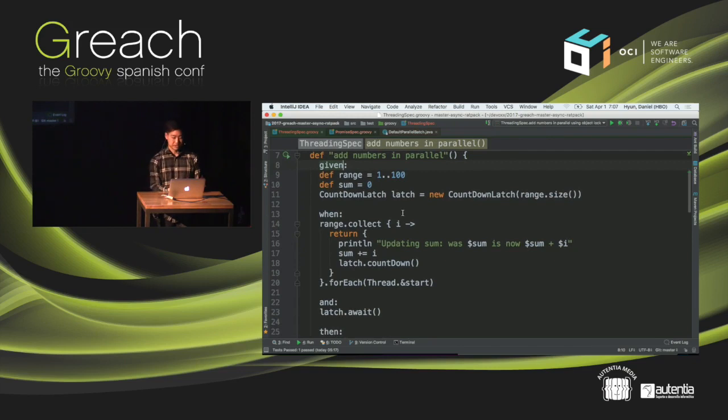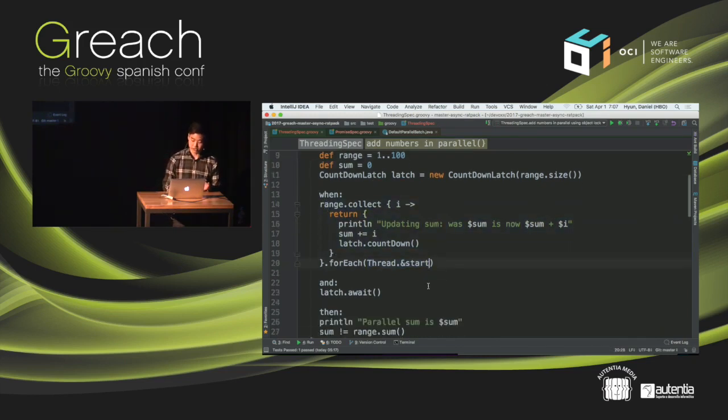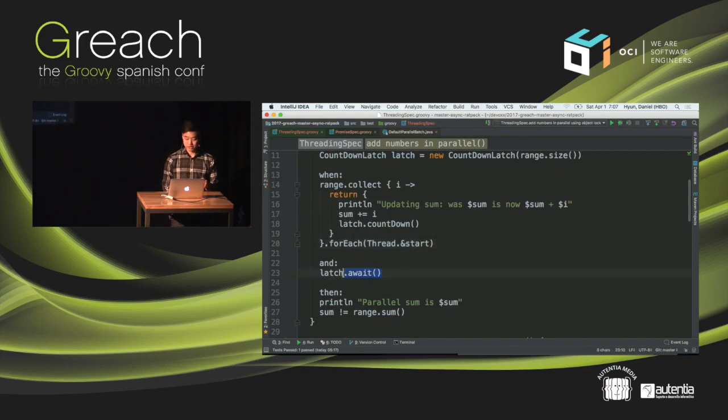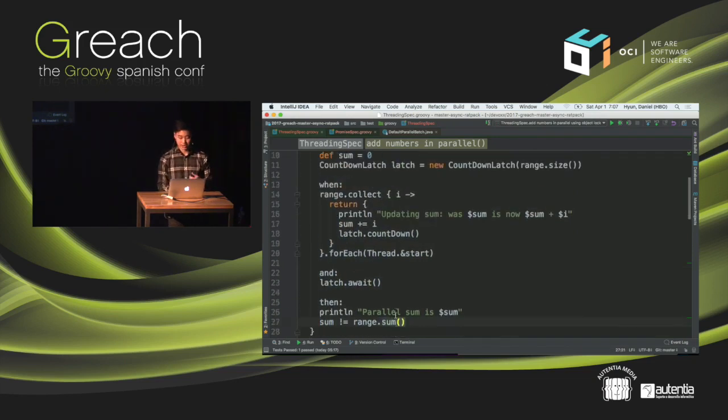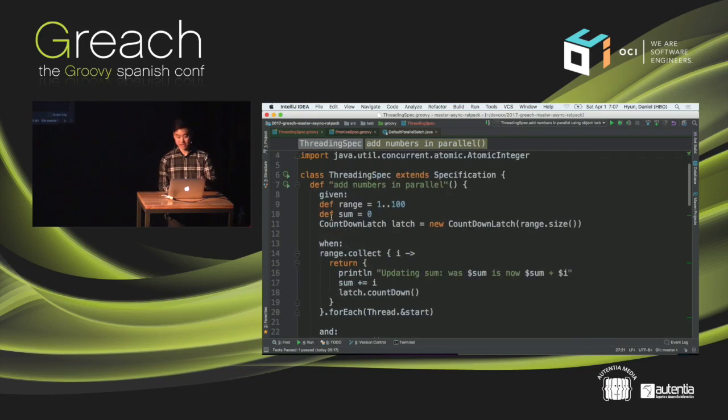A kind of asynchronous behavior. So we have a test here where we spawn n number of threads for n number of elements in a given range. We just want to sum it up in parallel, right? We have a range, we're producing these closures, and then passing the closures to thread.start. We wait for each of these threads to finish, and when they're done, we'd like to make sure that the sum is equal to the range sum. And most times, they're not going to be the same at all.